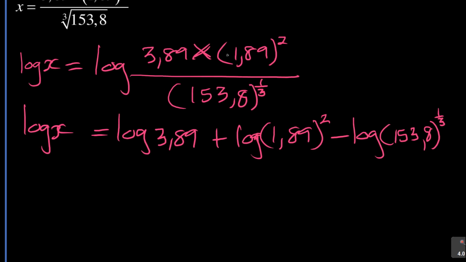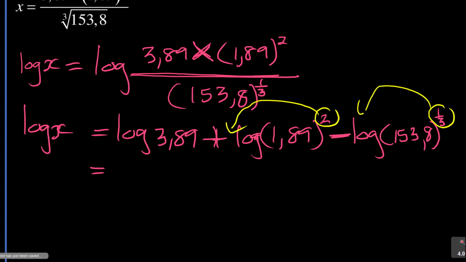Just multiplication plus, division sign minus. That's what you're supposed to do. Then from here you continue. You need to deal with this. 2 drops down, 1/3 drops down. Okay, so that I'm going to now work it a bit further to say this will be equal to,